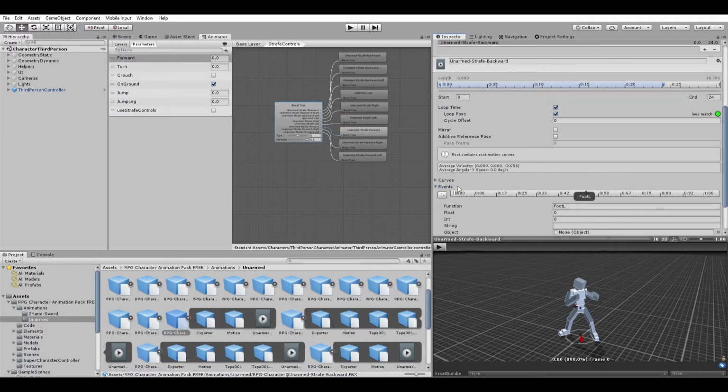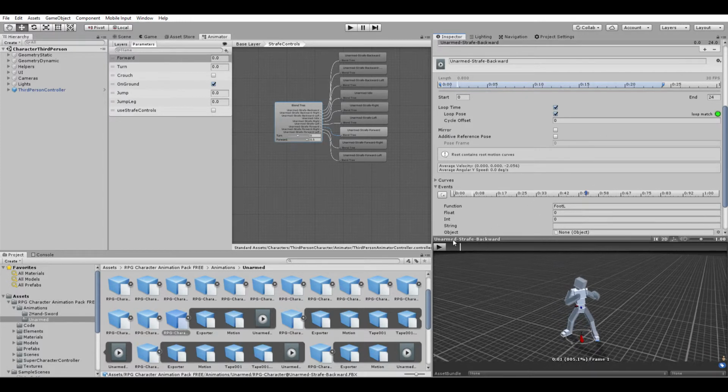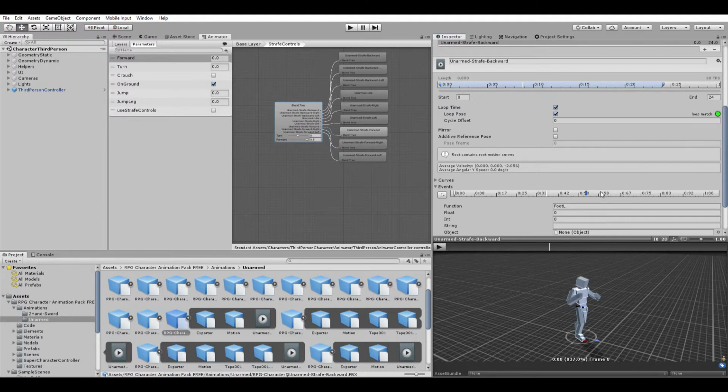See, left foot, right foot, and they're just set there so when the character walks you can set up foot sounds, like footstep sounds. But if you don't like them, you can just go like this, hit delete, and that's it. But you'll have to do it for every animation. What I personally do is just go into the script